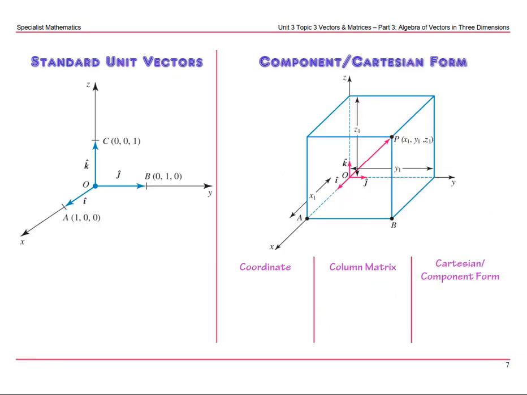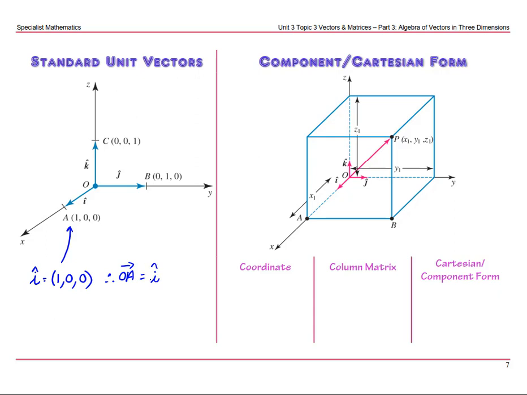Now let's look at terminology surrounding the three-dimensional coordinate system and introduce vectors. First of all, you should remember from two-dimensional that standard unit vectors are the vectors with a length of 1. So looking at this diagram here, my unit vector for i as a coordinate is 1, 0, 0. And you can see that at the point A. So therefore, my vector OA